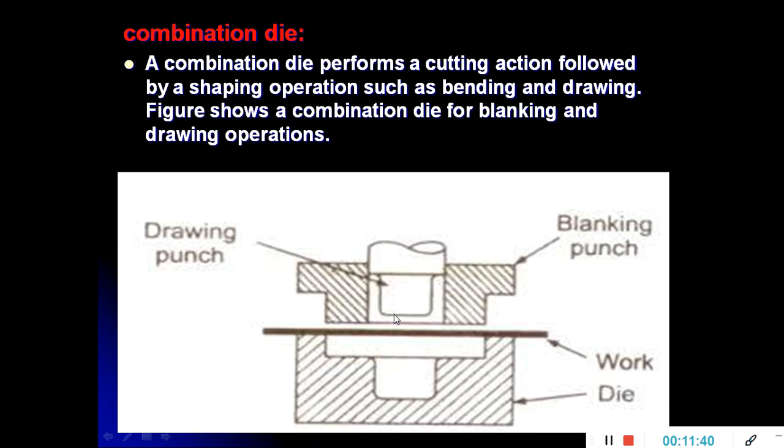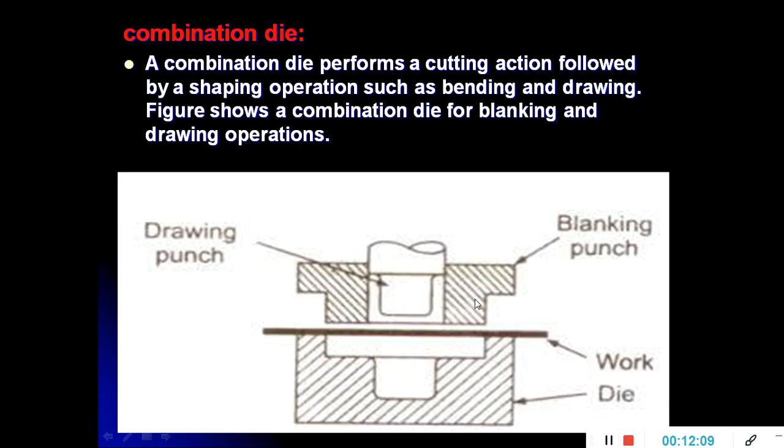As shown in the figure here, the blanking punch length is a little bit larger than the length of this drawing punch. It means that the blanking punch reaches the sheet metal earlier and performs the blanking operation, and afterwards this drawing punch applies the force to draw a product into a cavity made in the die.